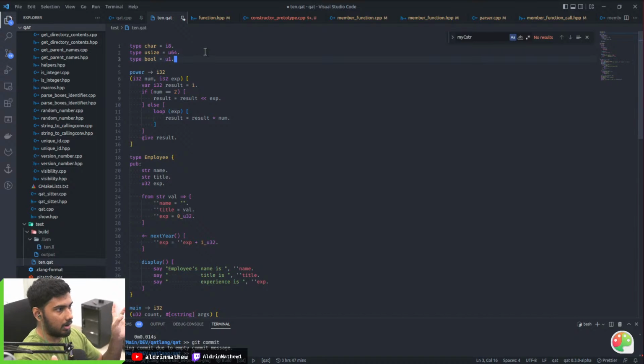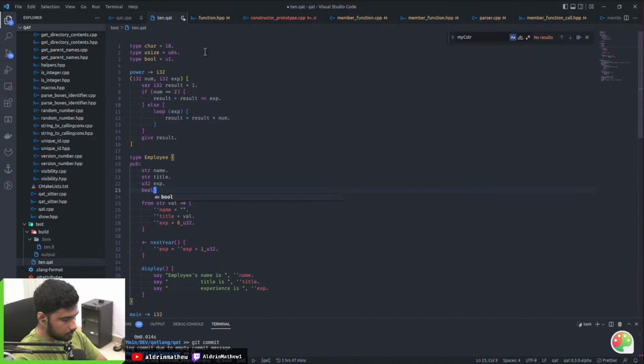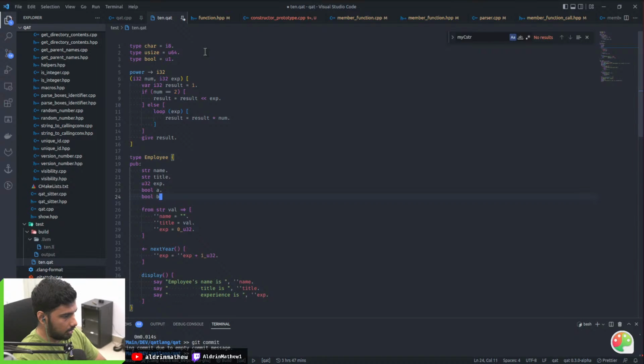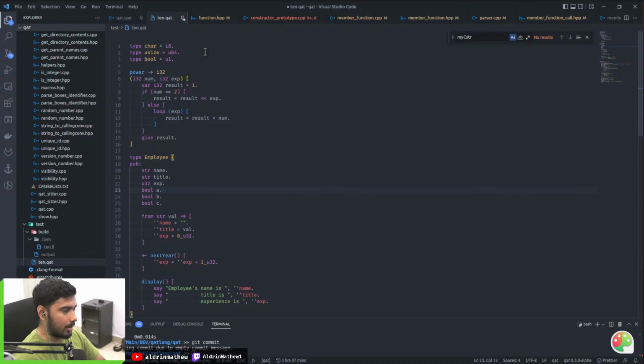Basically, if you have multiple Boolean types here, bool A, bool B, and bool C, and this type is not packed, then all of this will, I think, need at least 8 bits.